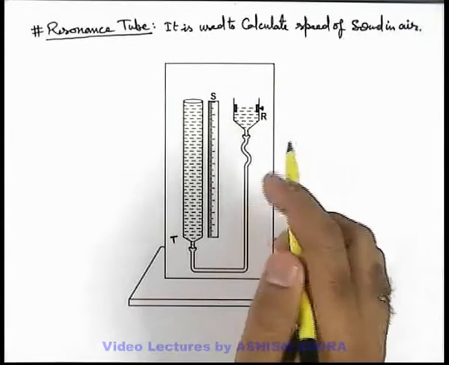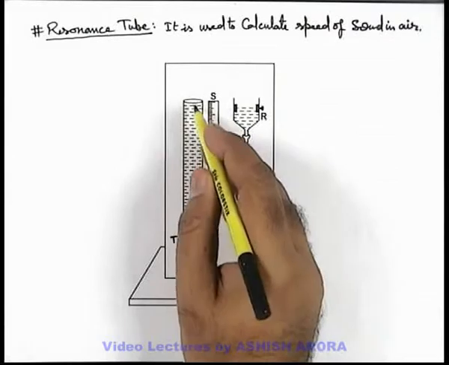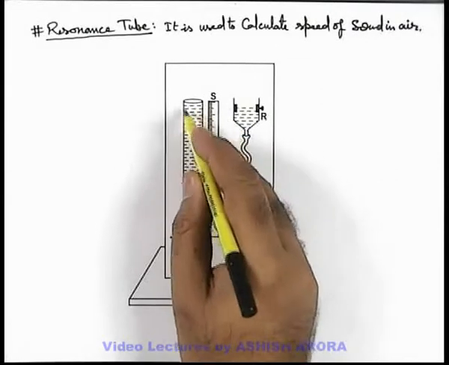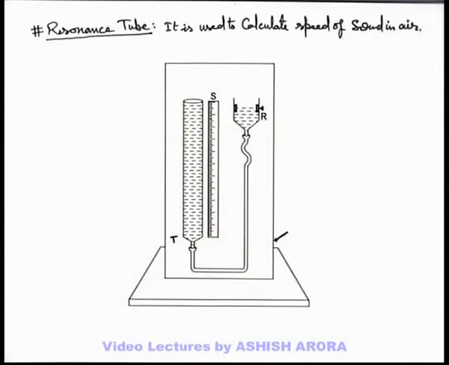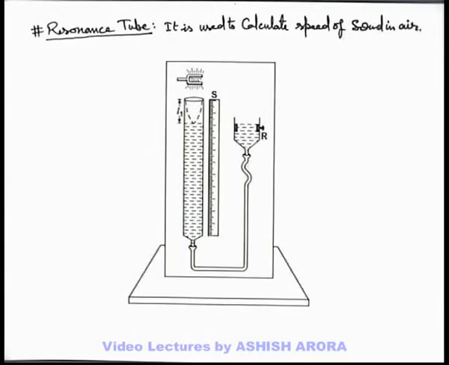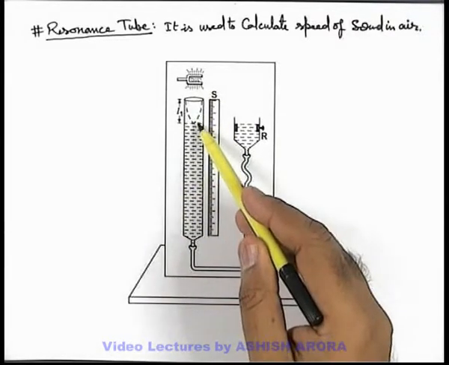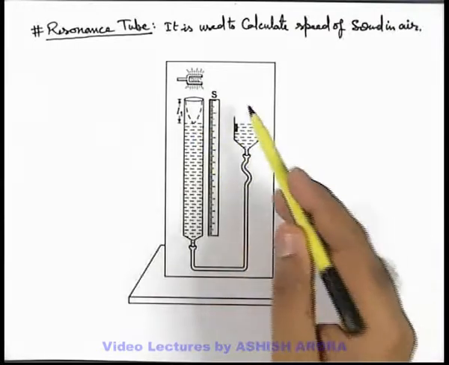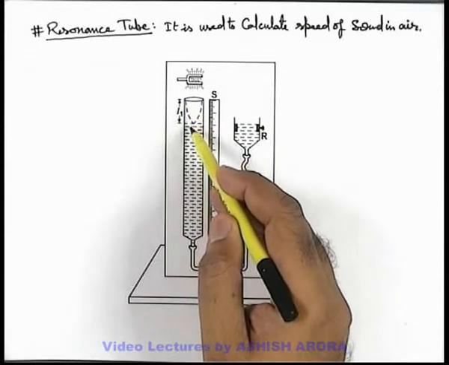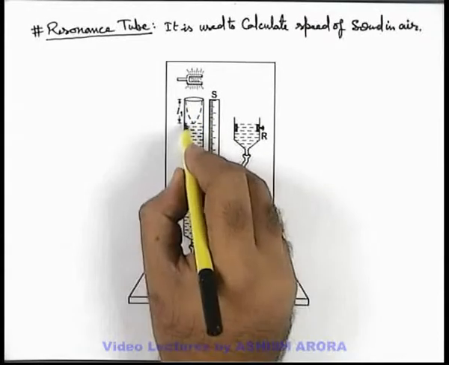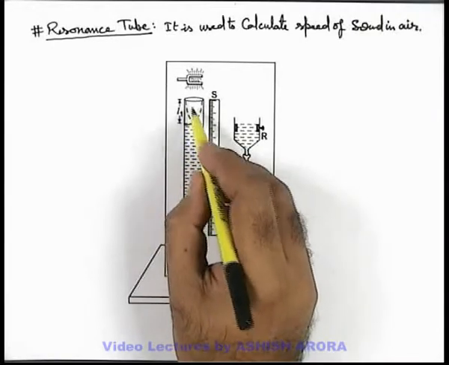Now to start with experiment, we bring a tuning fork near to the mouth of this tube, due to which the air column above the water level will start oscillating. And we gradually lower down the reservoir up to a level when the tuning fork will start resonating with the available air column. And as it is lowered down, gradually the length of air column will also increase. But stationary waves will establish only when the length of air column will match with 1/4 of the wavelength.